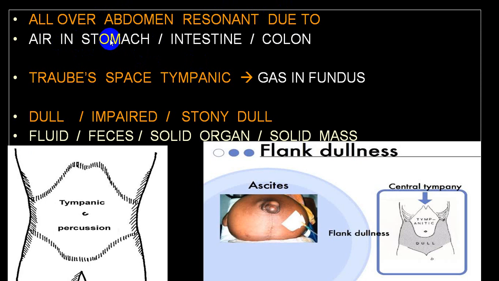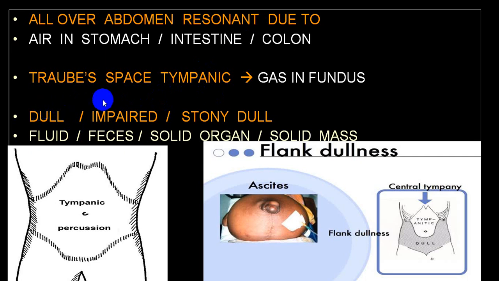We'll be discussing that specifically in the respiratory system and cardiovascular system. Also, it is a part which can be asked in your alimentary system, or abdominal examination. While in the intestine and colon, usually it is a resonant note. If the air quantity is adequate enough, you get a hyperresonant note. In the fundus part of the stomach, I have already mentioned that is Traube's space, you will get a tympanic note.